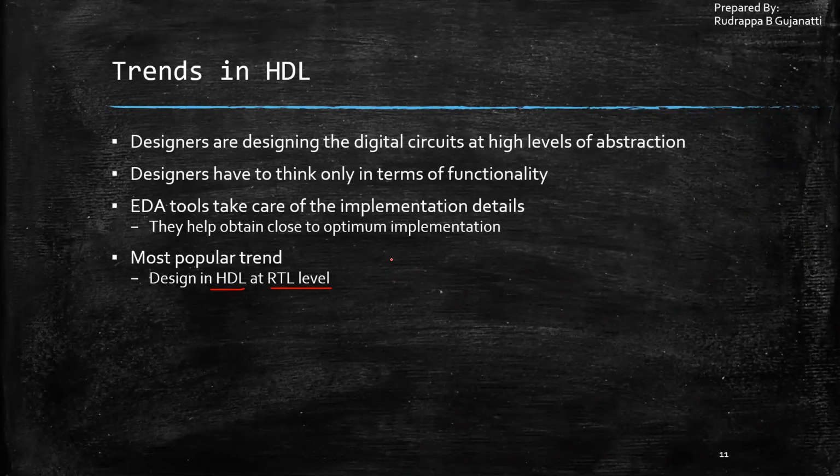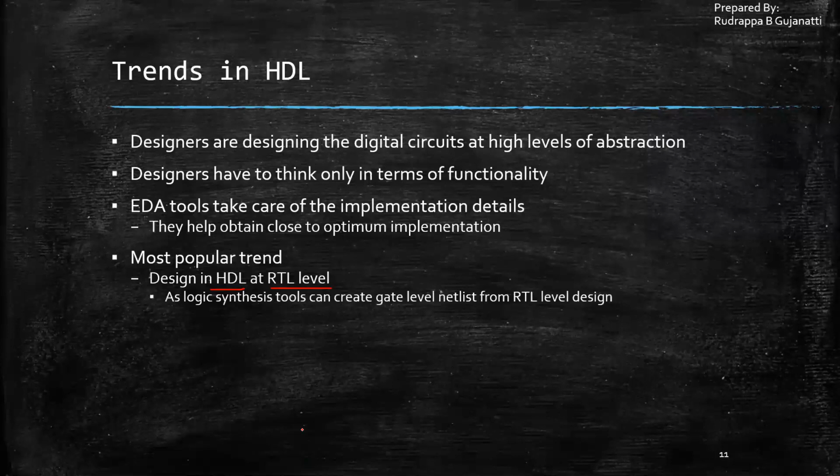And after the behavioral specification, you get the RTL description. So from behavioral, which is simpler for the developers, you obtain the RTL. That is, you're designing in an HDL at the RTL level itself. So it is an indirect implication which is trending around. Now again in this, the logic synthesis tool takes the input from the RTL and produces the gate level netlist, which helps us in the RTL design process.